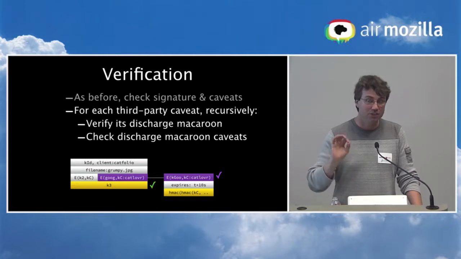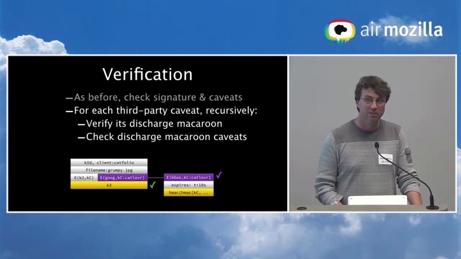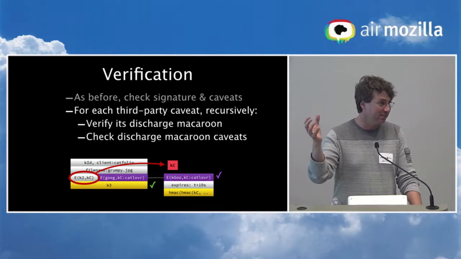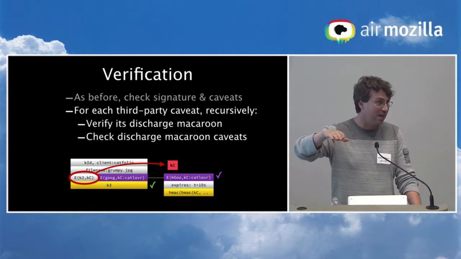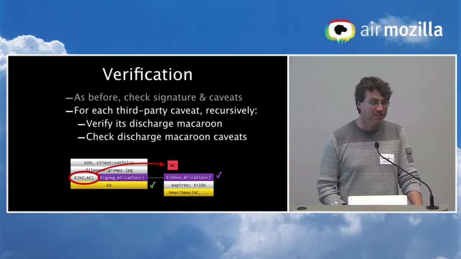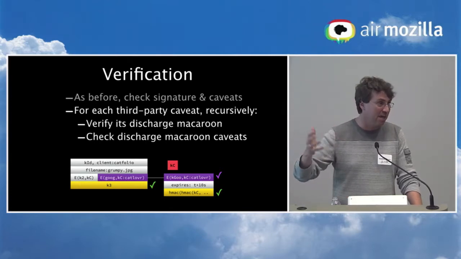So first of all, Amazon or the storage service would check the HMAC value on the main macaroon. Then it would extract out KC, the root key for the discharge. It can do that because as part of computing out K3 here, it gets K2. It's just a key in the chain. And using that KC, it can now verify the discharge macaroon, and it sees that the final value has been hashed twice.